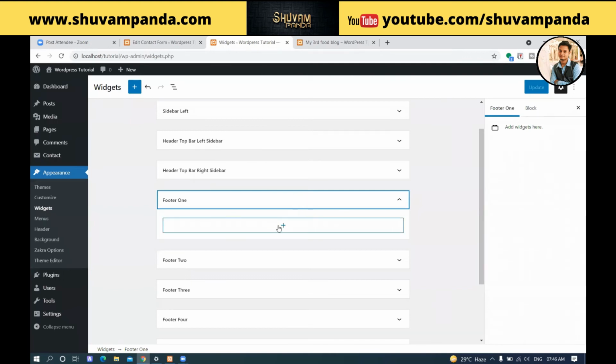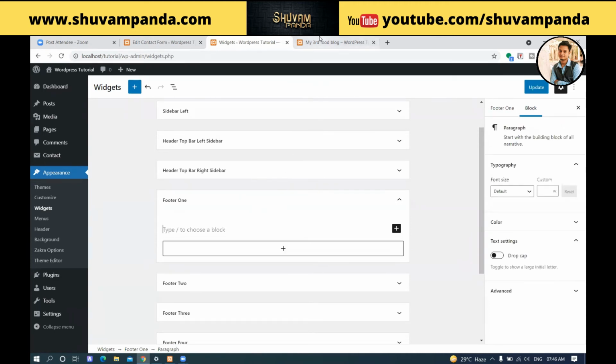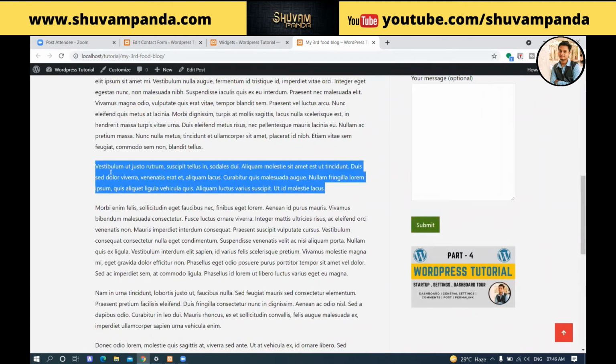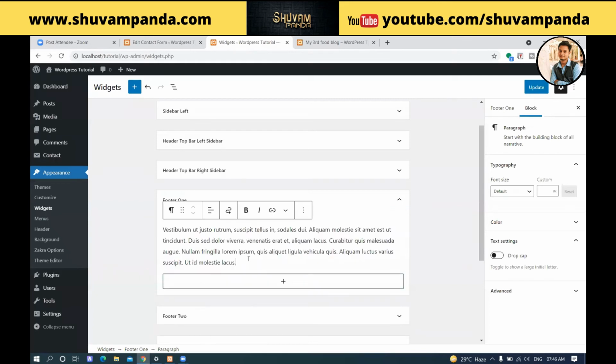I want to add some widgets into the footer. First thing I want to add is a paragraph. Some text I will copy from here, then paste it here. Now update it.